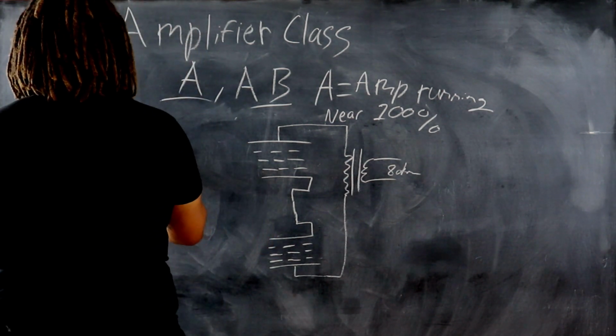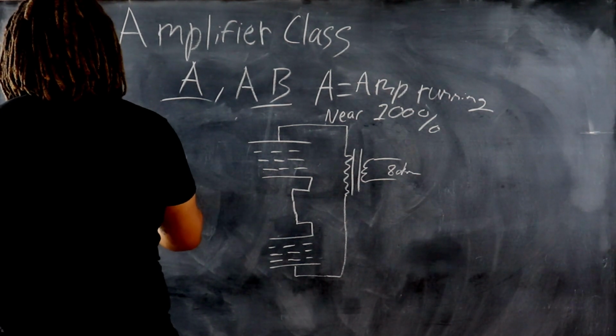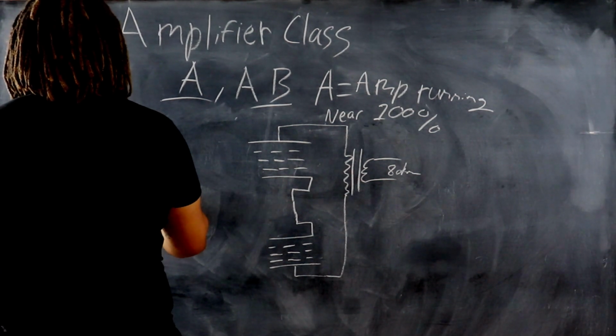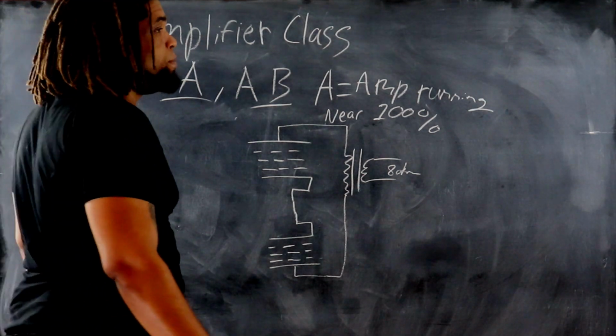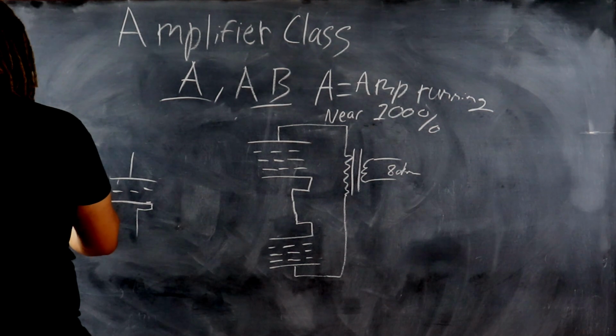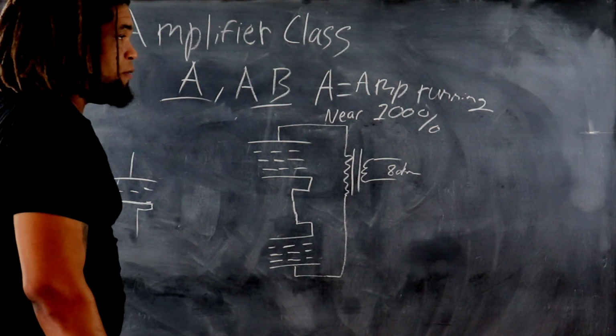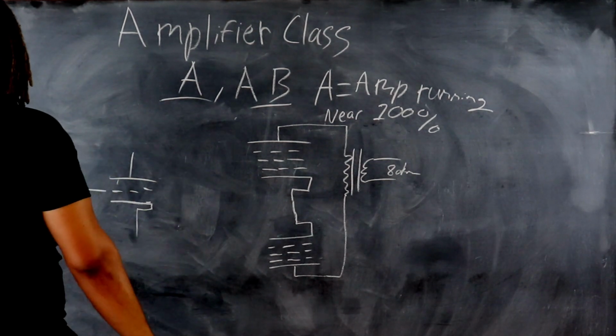So what's going to happen here is a push-pull or Class AB amplifier is going to be driven by what's called a phase splitter. It'll have your signal coming in from your preamp, or it could just be whatever the signal source is. It's going to come in here,